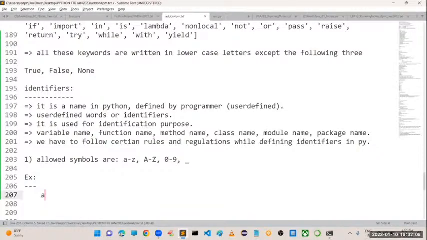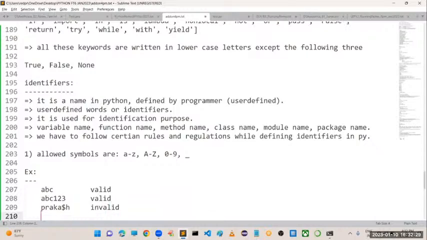For example, if I'm taking ABC, yes, it is a valid identifier in Python. If I am taking ABC123, it is also a valid identifier. If I am taking a dollar symbol, is it valid? It is invalid. What is the reason?